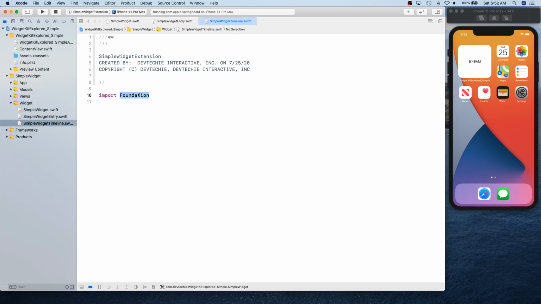So it schedules its updates on a timeline, where you define your entries to be 1, 2, and 3. When the first entry expires, the second entry becomes active. When the second entry expires, the third entry becomes active, and then once the third entry is about to expire, that's when update is called and more timelines are created.